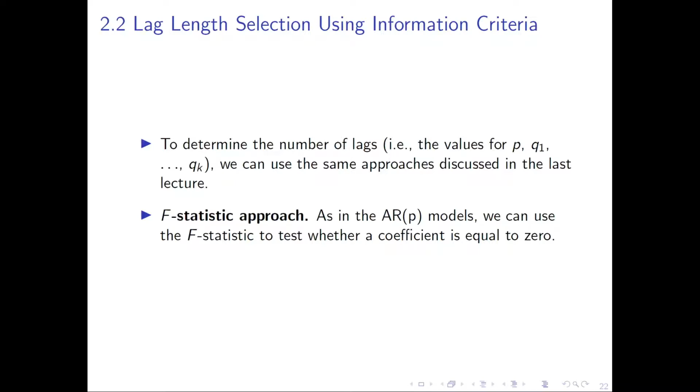In the autoregressive framework, we used information criteria to find the optimal lag selection. And for the number of lags, the values for p and q through qk for the different variables, we can use the same approach as we used for the autoregressive model. The first one we looked at was the F-statistic approach. And as in the autoregressive models, we can calculate the F-statistic to test whether a coefficient is